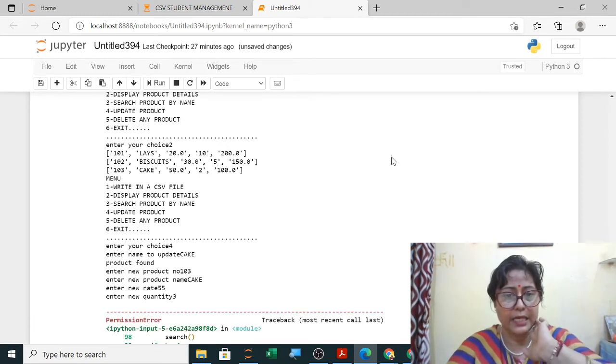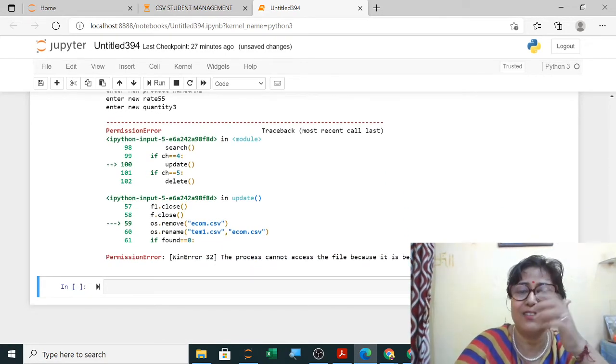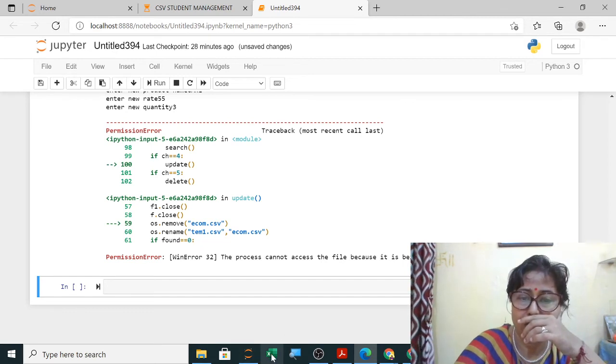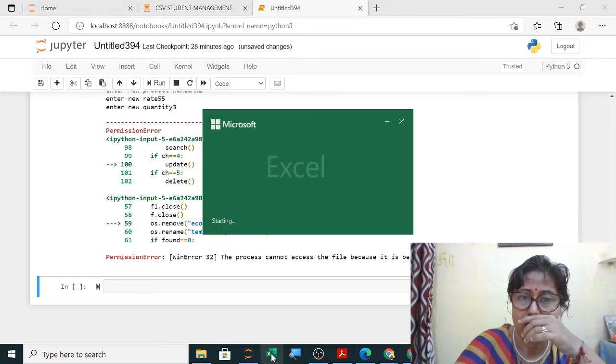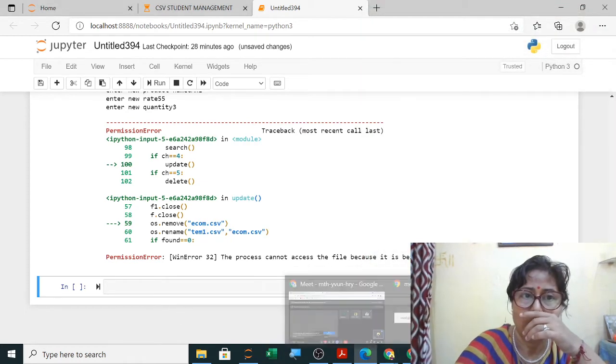And then again it is showing error: the process cannot access the file because it is being used by another process. E-com, you have opened it somewhere.